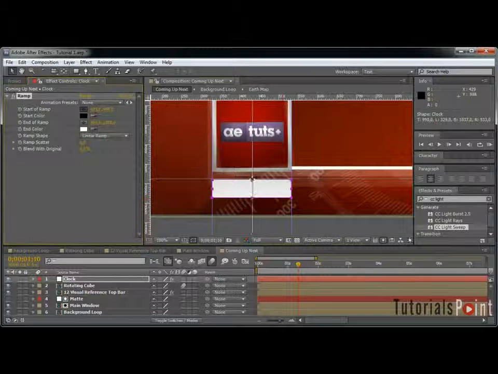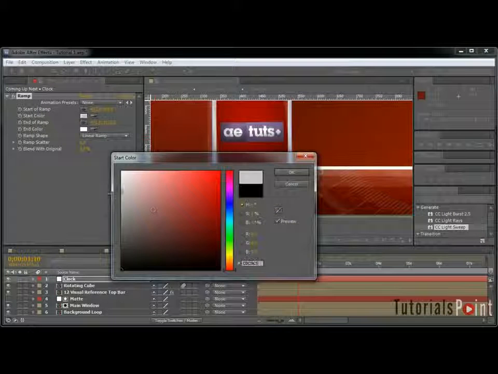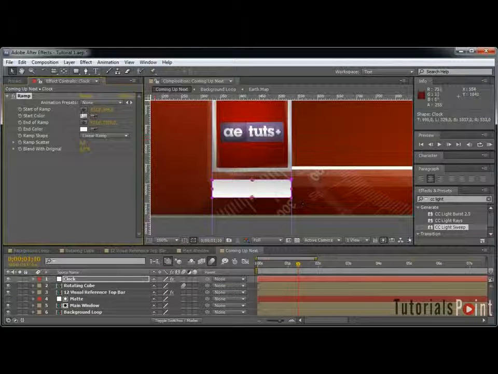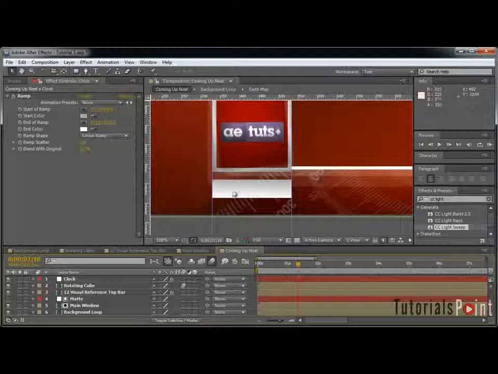Set the start point here and the end point here, maybe a bit darker, and you can type the numbers you want right here and link them to this layer,